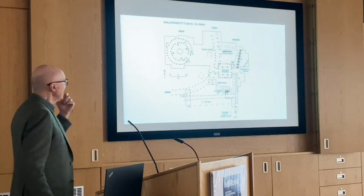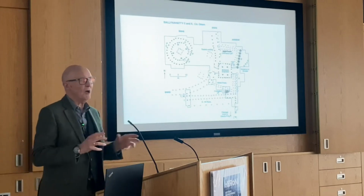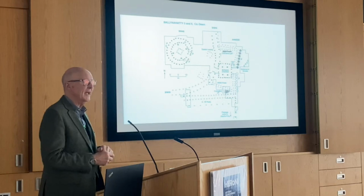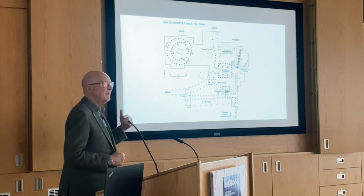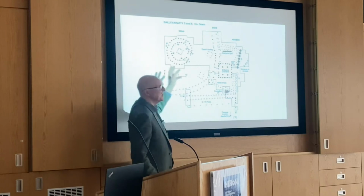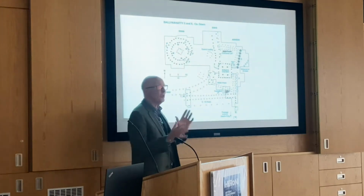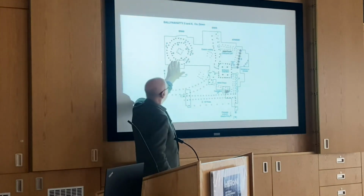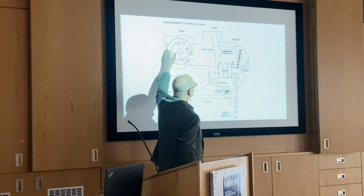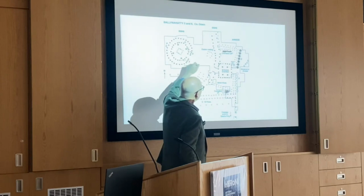So this is really, if we put the posts in the post holes, hopefully you'll be able to see what's going on here. And what I'm going to do is very briefly run through these clusters of posts, and talk somewhat about what we're dealing with here. I'll start off by talking about this area here, and then I think we'll look at the